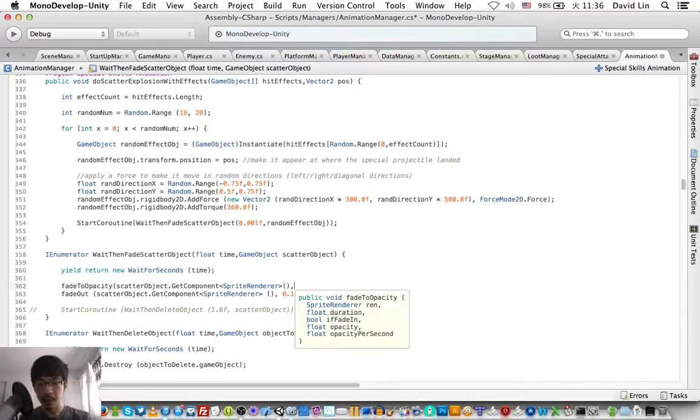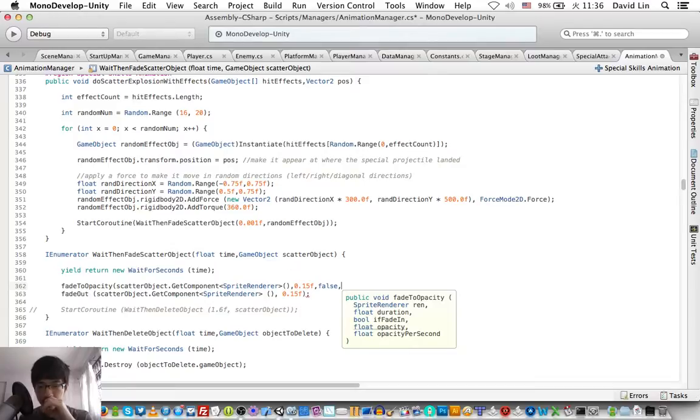Duration, let's say we want 0.15. We want it to fade out. Our target opacity is 0, per second. Maybe 0.2 per second.